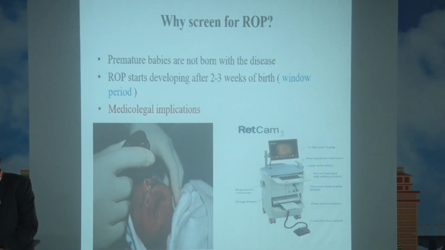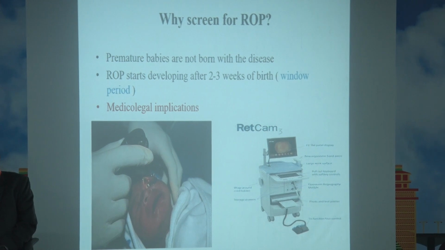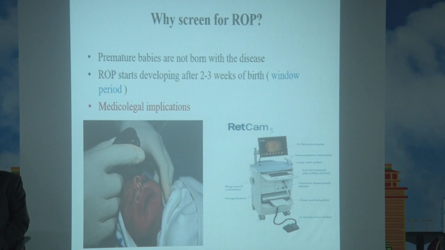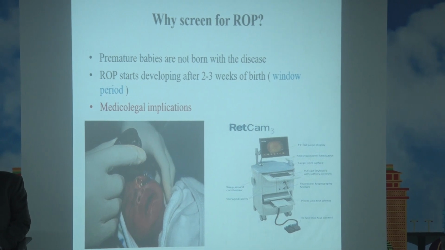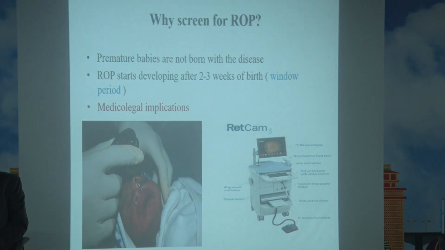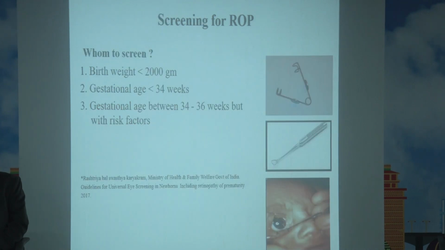So why should we screen for ROP? First of all, premature babies are not born with the disease. They develop the disease over a course of 4 to 5 weeks. So we get a window period in which, if we detect and intervene in time, the potentially blinding condition can be prevented. Who should we screen? According to Rashtriya Bal Swasthya Kalyan,